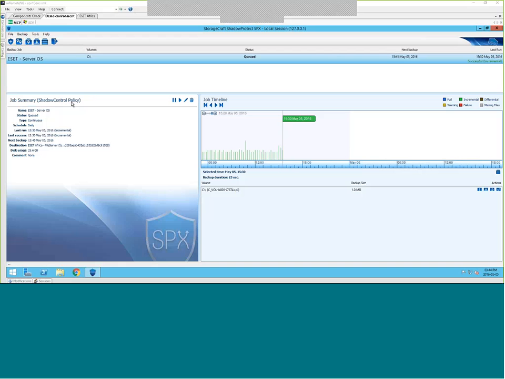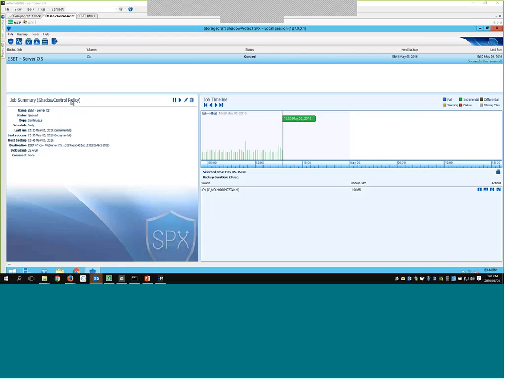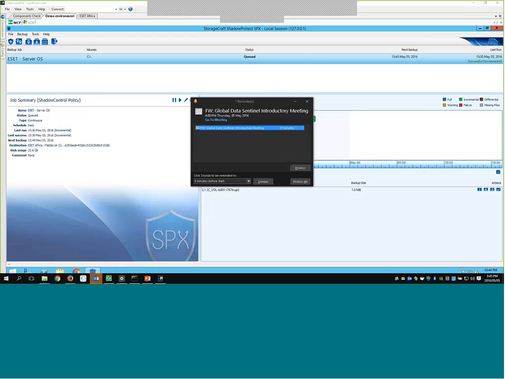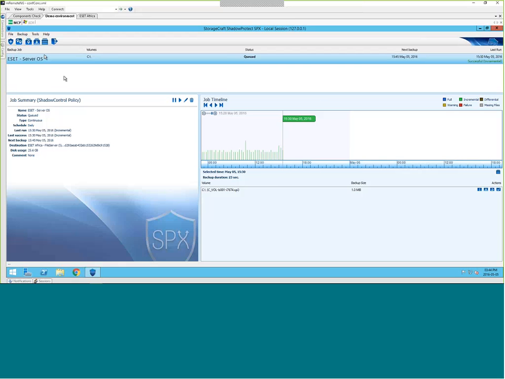Now, the one thing I want to point out here is that you can see that it is a shadow control policy. So this is a backup policy that I have implemented through the shadow control management system. And the important thing that you need to take away from this is it's extremely useful for you as the managed service provider to use shadow control to manage the backup environment for your customers, because it means that you can effectively ensure that no one can tamper with your backups.